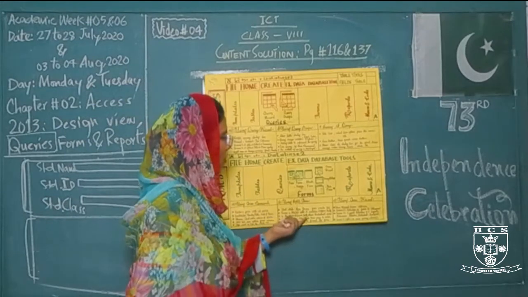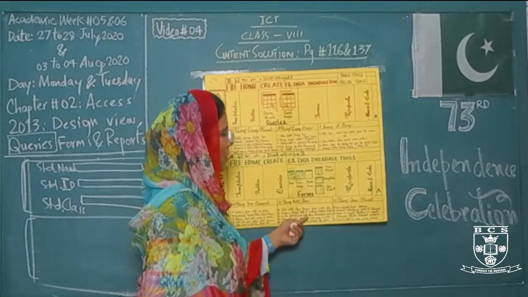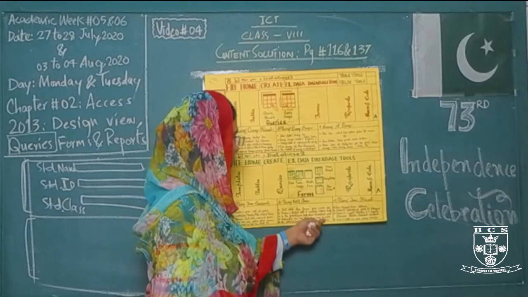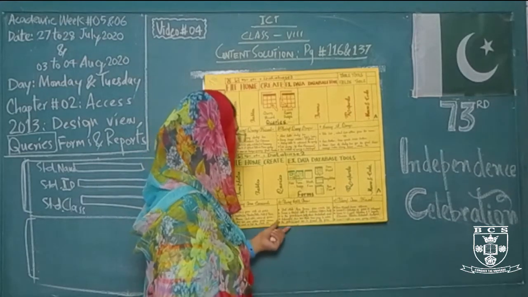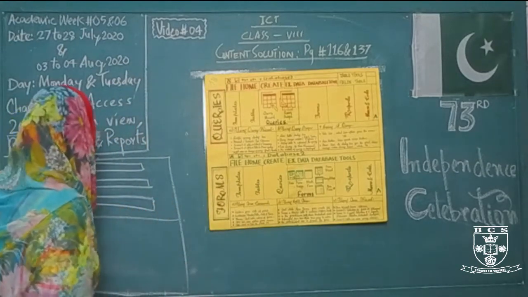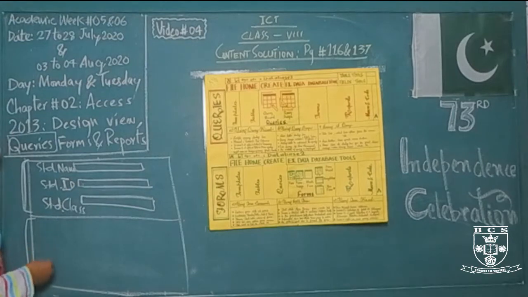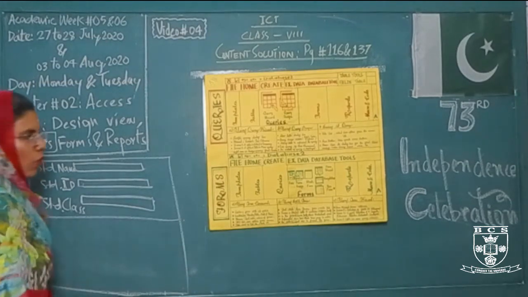So the screen is divided into two different sections. The upper half is the form and your lower half shows your data sheet view. And as we work on any one of them, for example, if I am adding some data with the form, it will be automatically added in this data sheet view. Or if I am adding something or making any type of editing in this data sheet view, that data will also be affected over here in this form section, the upper half of our screen.